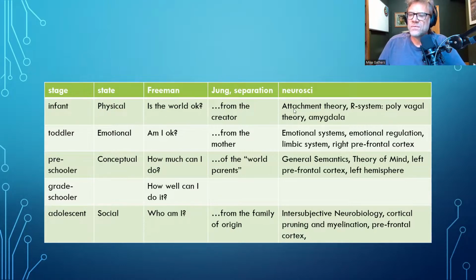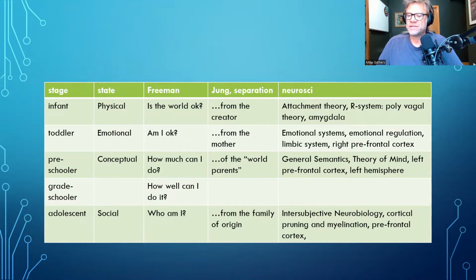And so with the first dimension, we're going to start talking about attachment theory, the reptile system, that's the R system, polyvagal theory, and the amygdala. With this second dimension, we'll talk about emotional systems, emotional regulation, the limbic system, and the right prefrontal cortex. And with the third dimension, we get into general semantics, theory of mind, the left prefrontal cortex, and the left hemisphere in general. And meanwhile, the fourth dimension of the adolescent, I'm going to imply some stuff from Dan Siegel and his